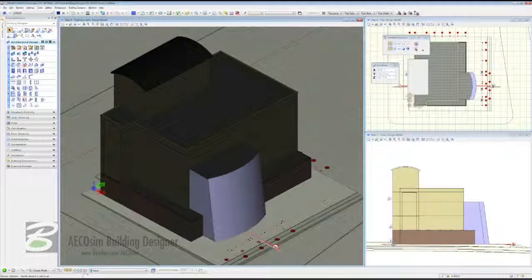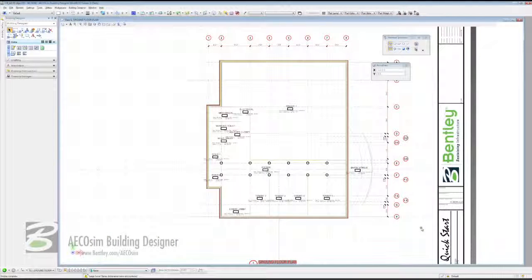And what we're going to do now, we're going to come across to our elevation. We're going to come across to the marker here, to the ground floor marker. And in this, we're going to choose the ground floor plan, LR A101, and we're going to say open the target. We're now in our sheet, and again, we have all our spaces attached. But this time, you'll notice there's perhaps a certain lack of definition. What we're going to be looking at now is thematic maps inside of Building Designer. Click on Space Planner in your task-based interface, and the icon that you need is third row down, first in,